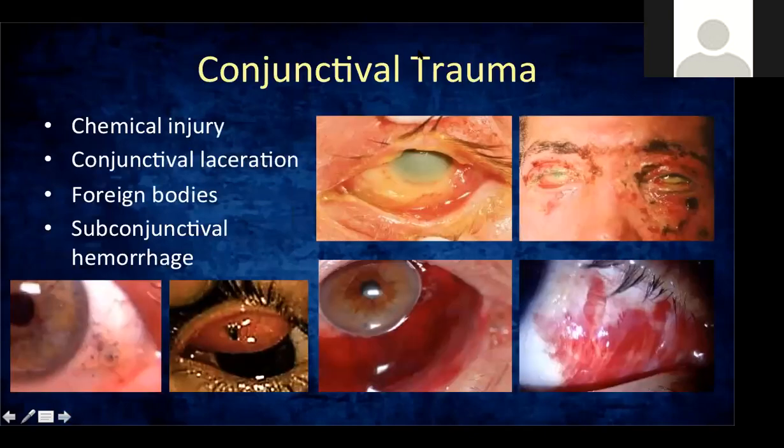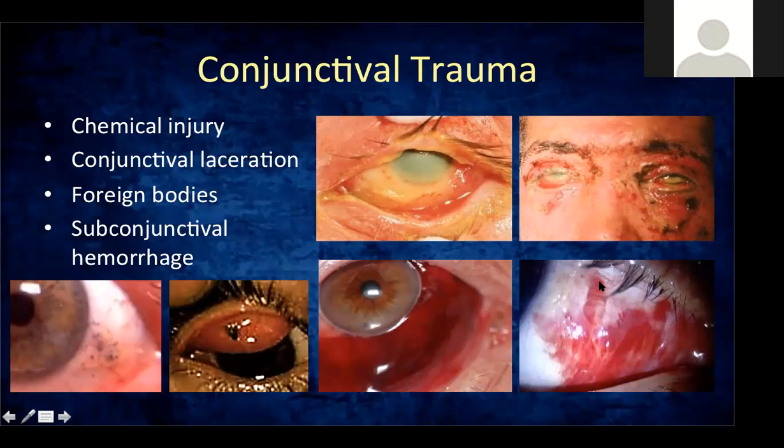Now, for trauma, we'll just be showing you some photos. Typically, pag trauma, kung kailangan ng surgery, pasok sa OR. Kung hindi, topical medications lang. So, for conjunctival trauma, you can have chemical injury, like this one. This is one of the true eye emergencies, such as this also, chemicals. So dahil liquid siya, pwedeng mapunta sa loob ng mata, it can affect the outer part of the eye as well.